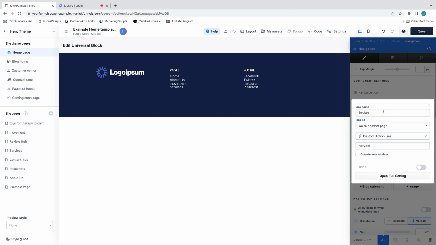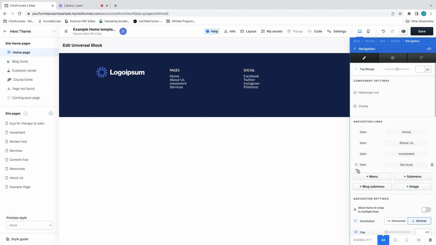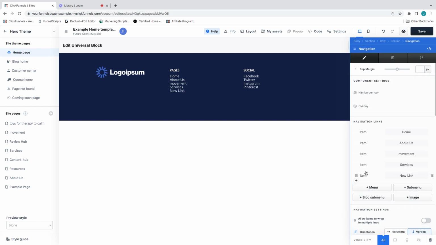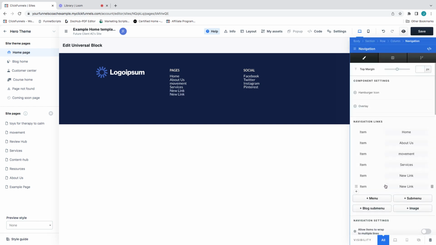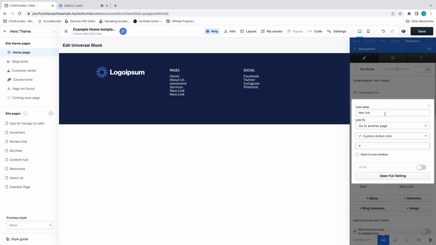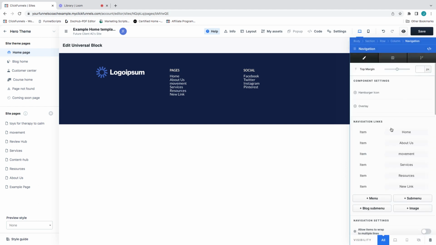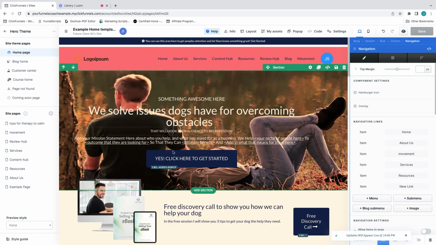Nope, not open another window, stay in the same window. So you just go down the line of what you want, right? Resources. You guys get the picture. You just save that. So, and then you can go in here, change